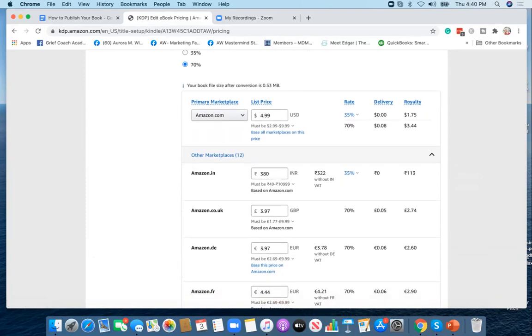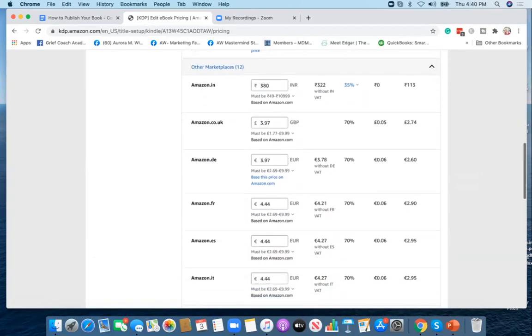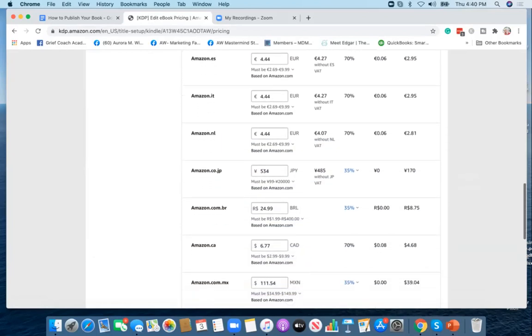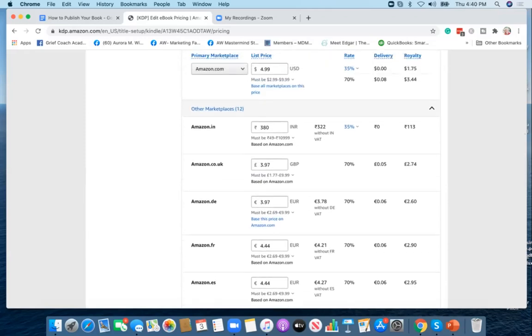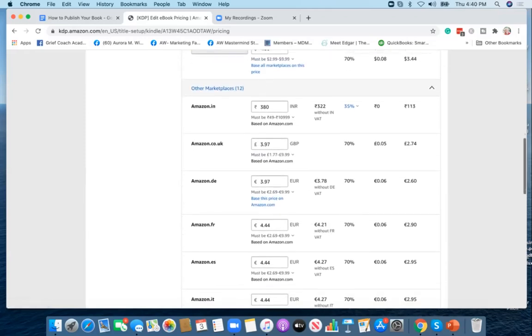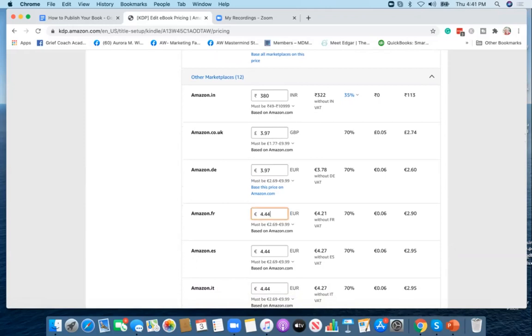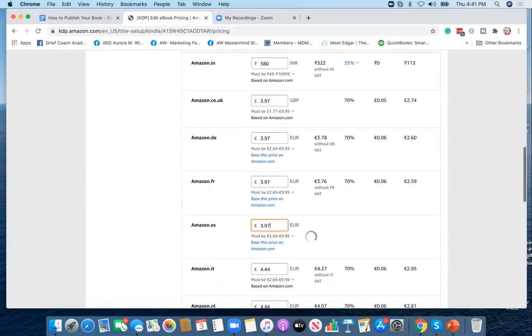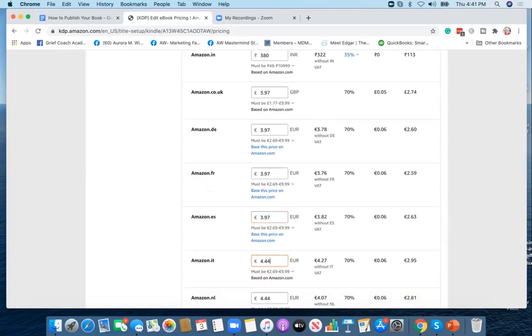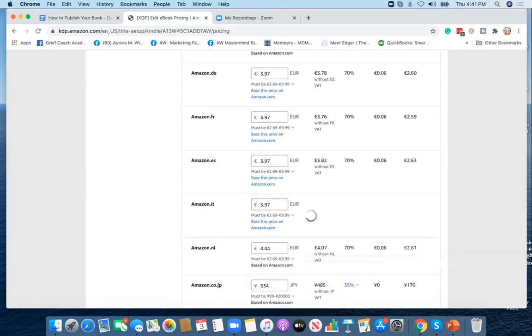So this book is in Amazon, in India, in UK, in France. One thing that I learned fairly recently is that you can actually change these prices, which is the thing that I changed a little earlier today, and then I thought I would just show you. To me, $4.44 is a kind of a weird price. So why not make this $3.97? Same with this one. And it says right there what the window is that it must be within. And so then it's psychologically quite a bit better and doesn't really make that much difference